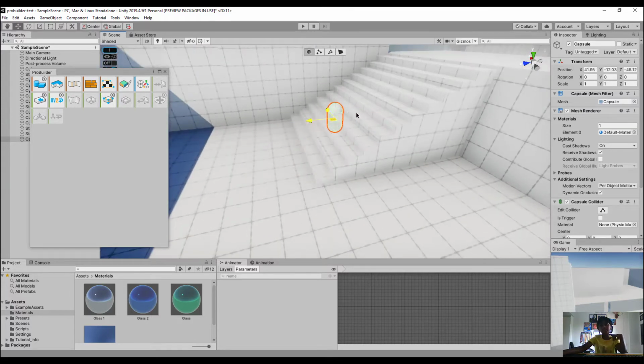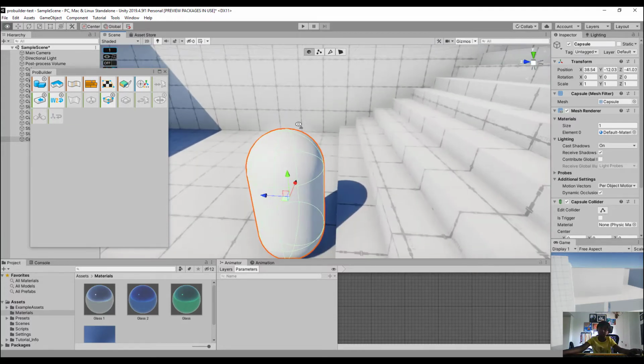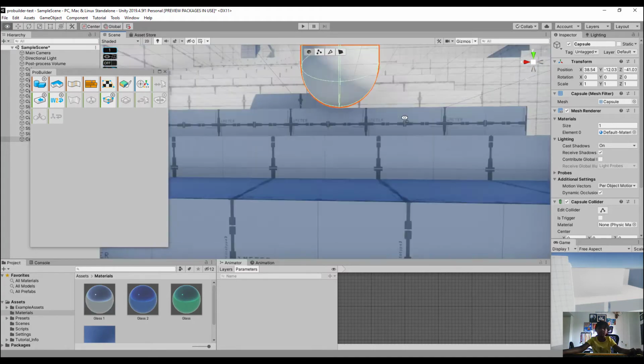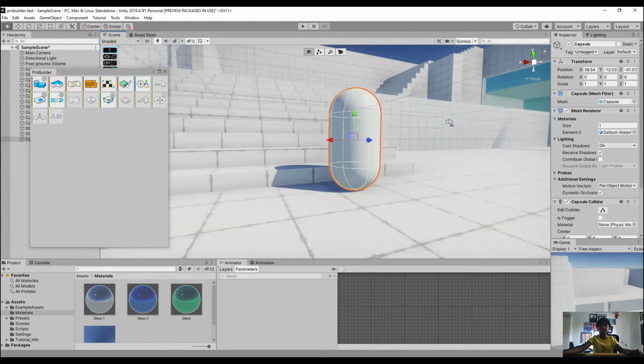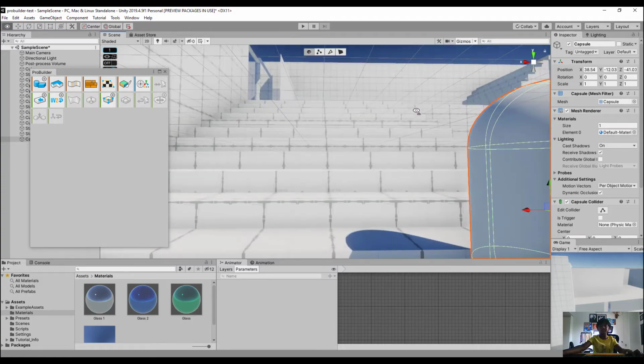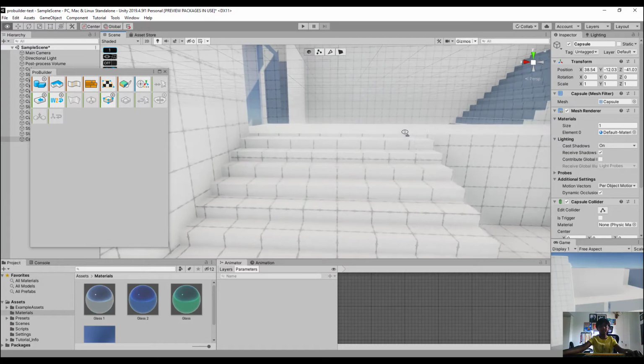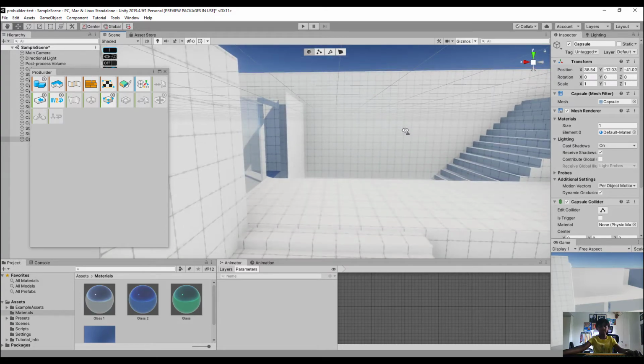I think these are kind of like big staircases then. Because capsule boy is like this. You'll be viewing it like this, and you should be viewing it like this. Actually,